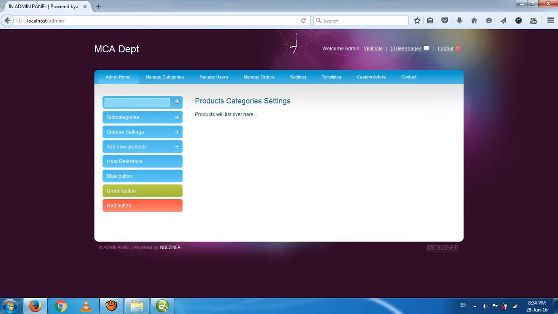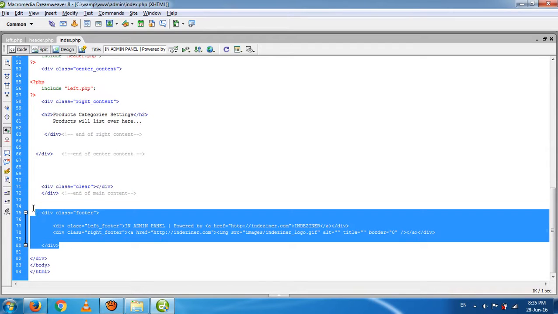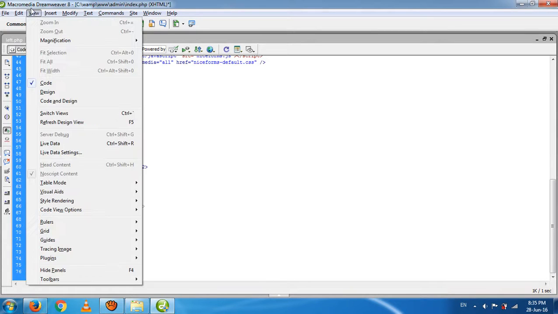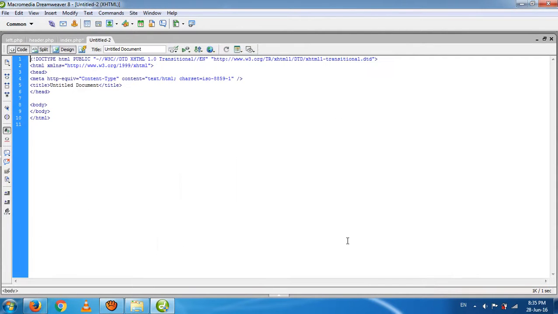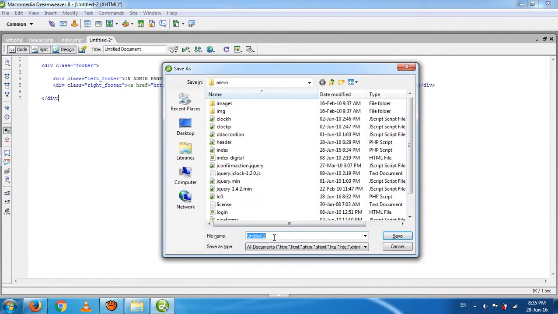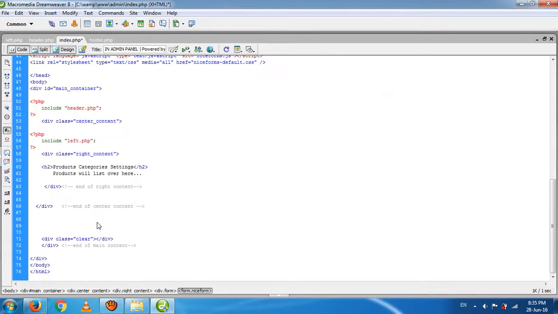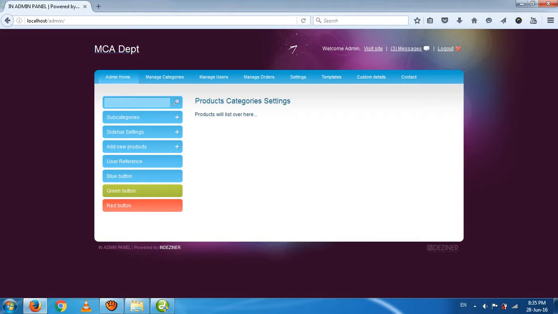In the last there is a footer. So find the footer and create a separate page for it. Create one new php file, paste, save as footer.php and save it, save index.php, and I think we cut the code from over here and write php include with the name of the file, that is footer.php, save and refresh it.